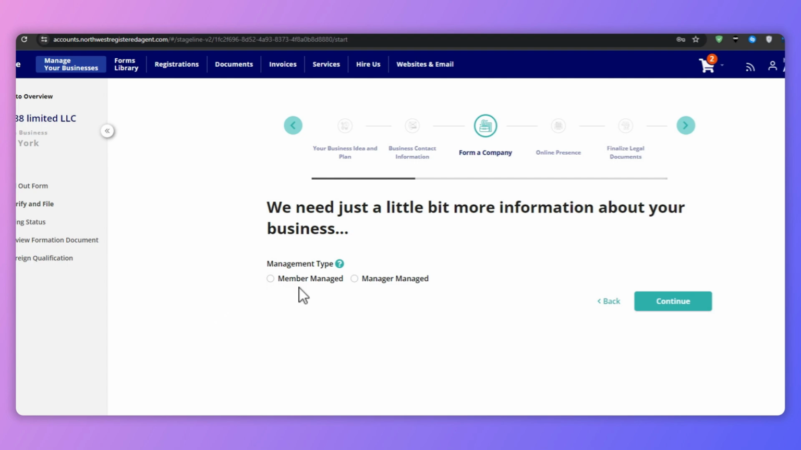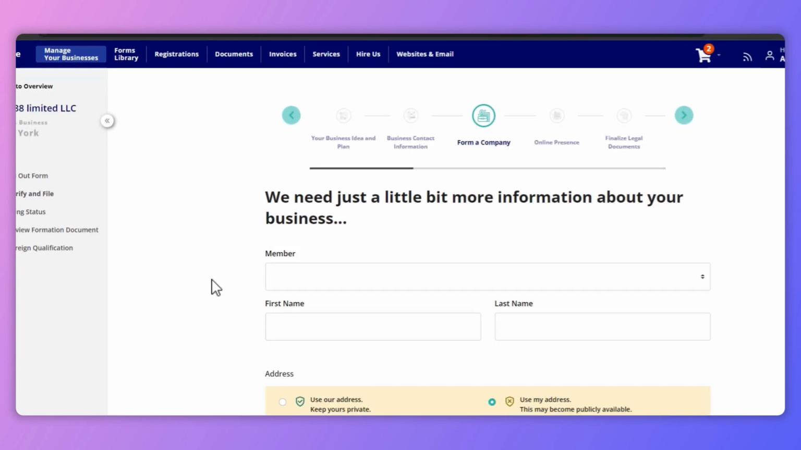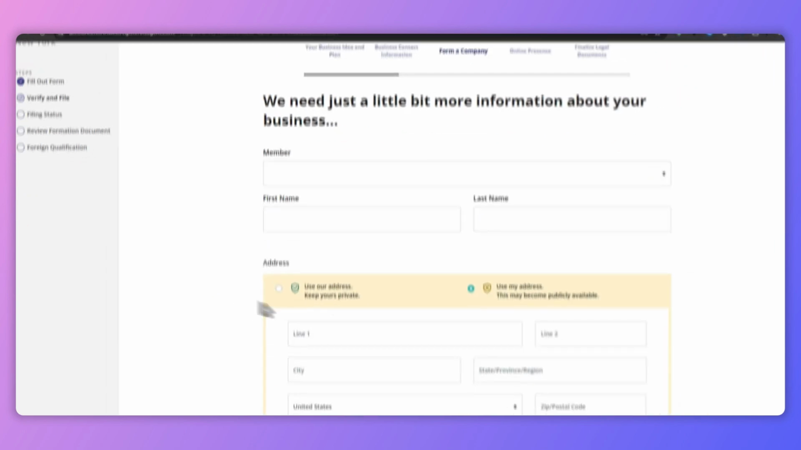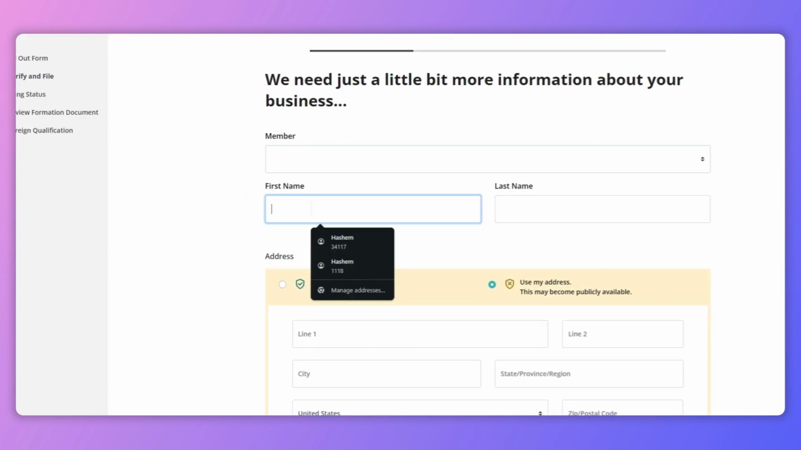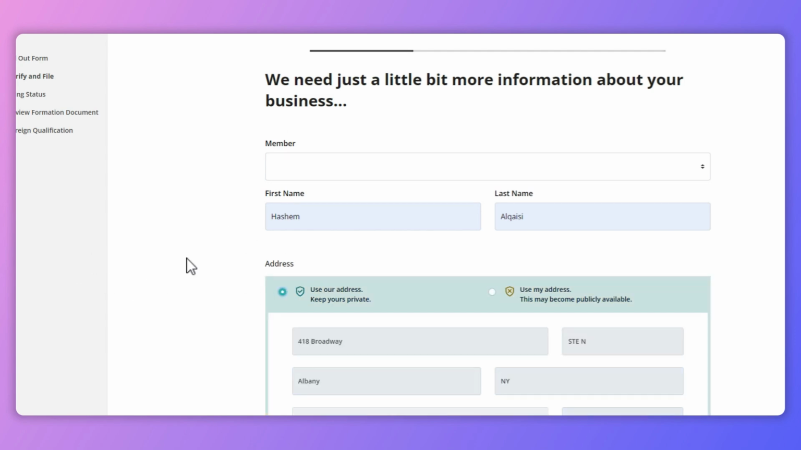After that, you'll be asked to add more information about your business. So the management type right here, whether it's member managed or manager managed. For example, I'm going to continue with the member managed and then enter my own member details, which basically include your first and last name, and then you can use your own address and this may become a public